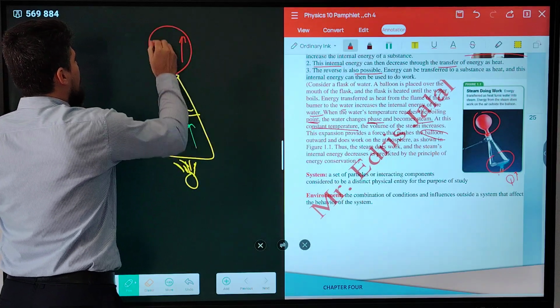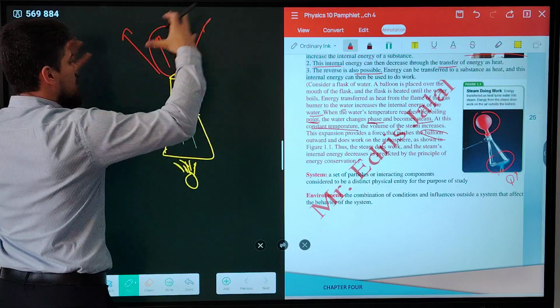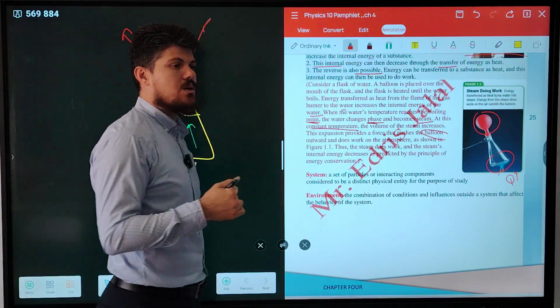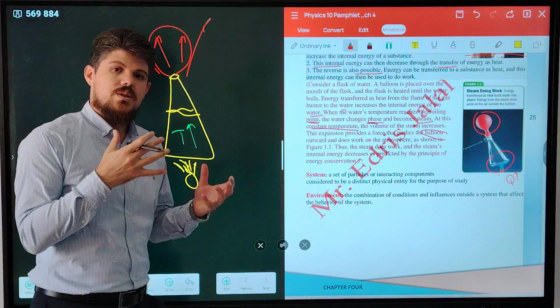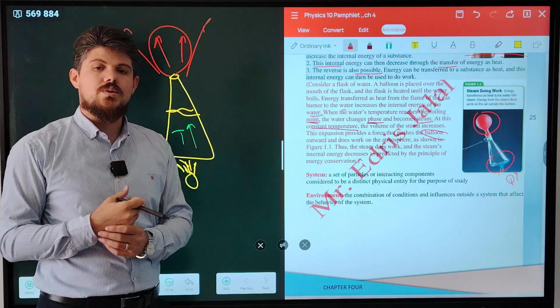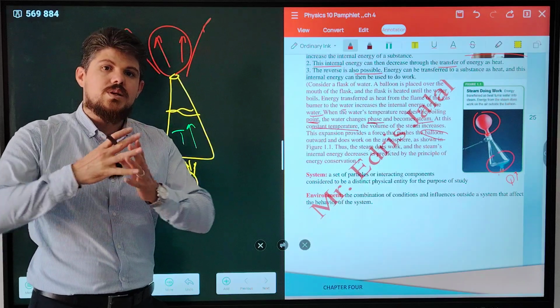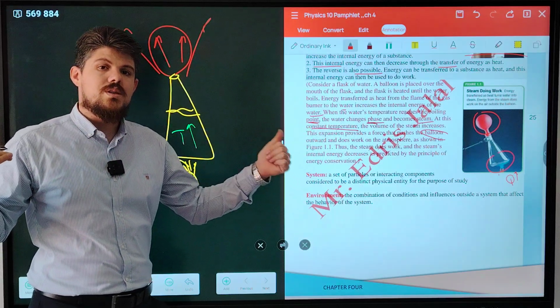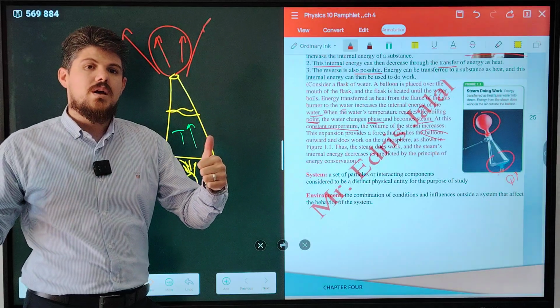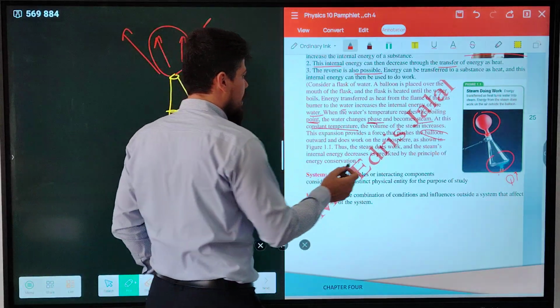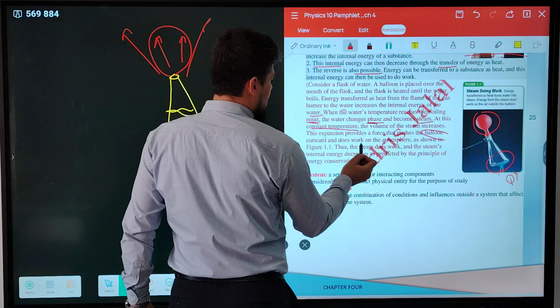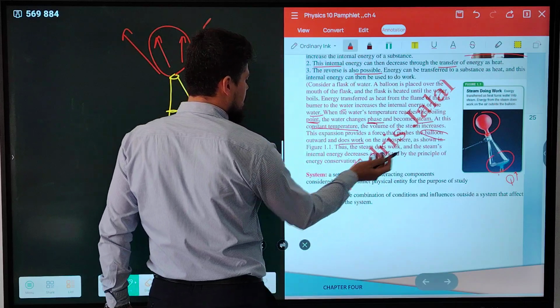And it's going to expand. What happened to the balloon? It's going to expand. So this expanding of the balloon means that the heat goes to work done on the balloon, and the volume increased in this case. So in this case, the work is done by the gas, okay? And the outward force does work on the atmosphere as shown in this figure.